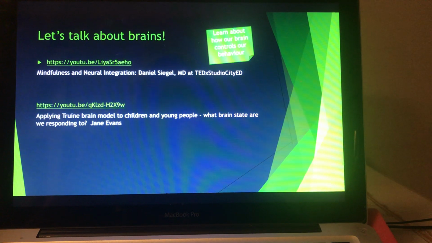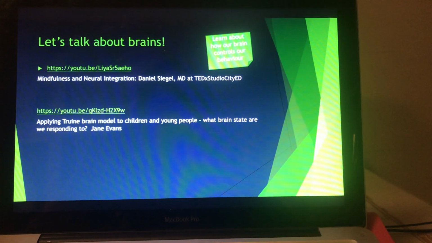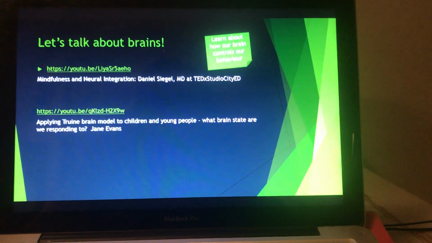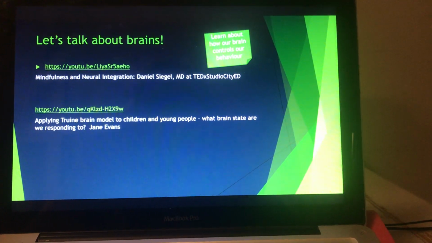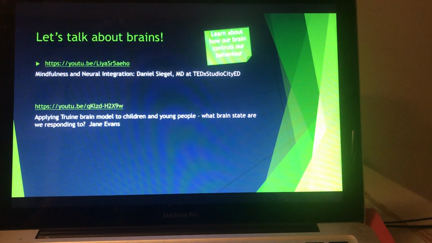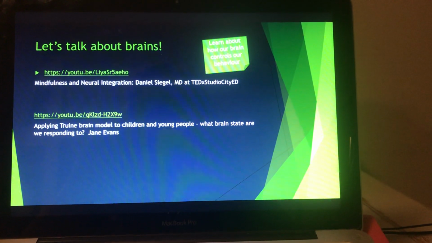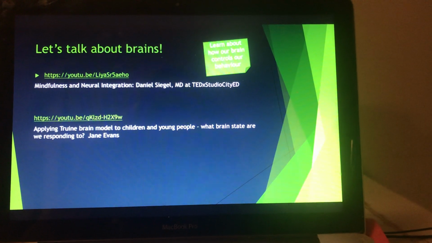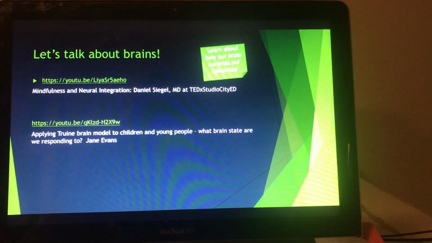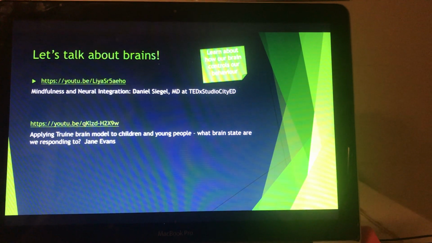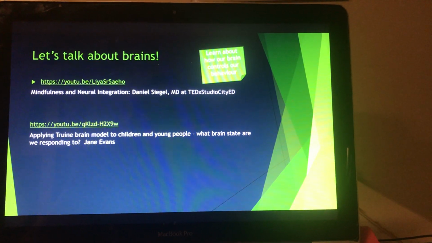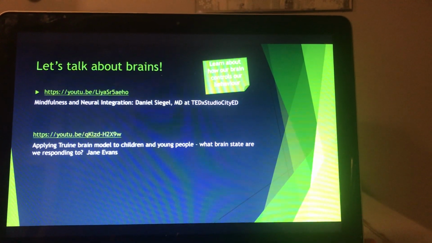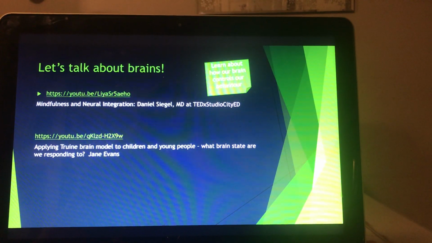The first one is by Dan Siegel, who has written and created some wonderful theories and approaches that are being used all over the world, particularly in the UK. We are moving much more towards trauma-informed practice and all about neurointegration, and actually how we can use the science of brain development and how the brain responds and influences behaviour to actually adapt and influence behaviour management strategies that really support a child's well-being, because that's what's going to bring about lasting change.